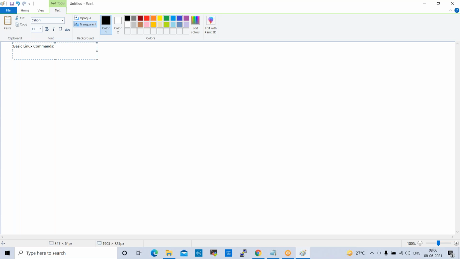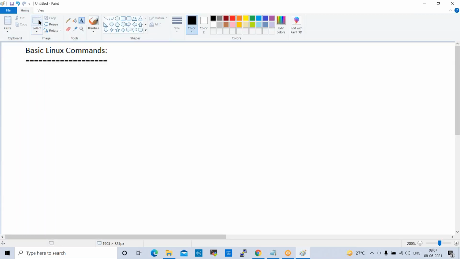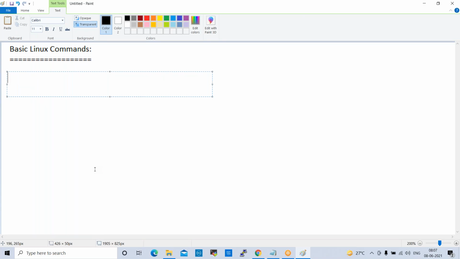Basic Linux commands. Yeah, so we have the first set of Linux commands, which are creating, removing, copying, moving files and directories.